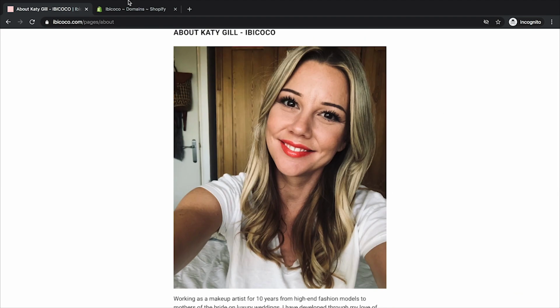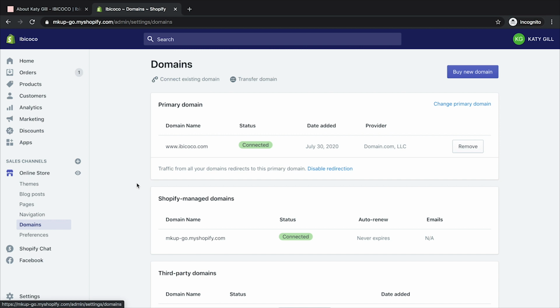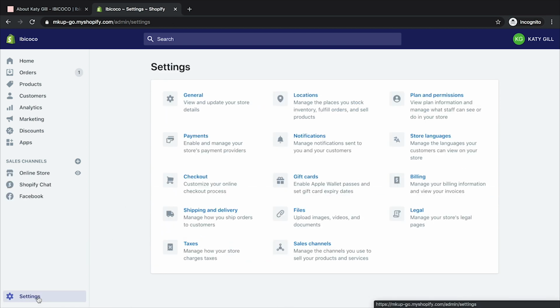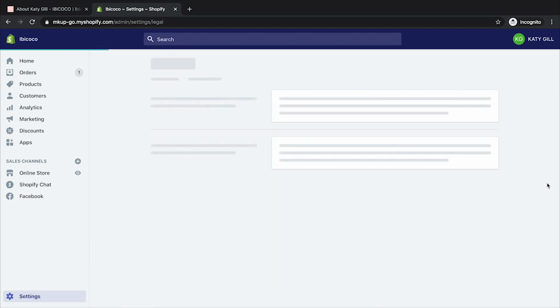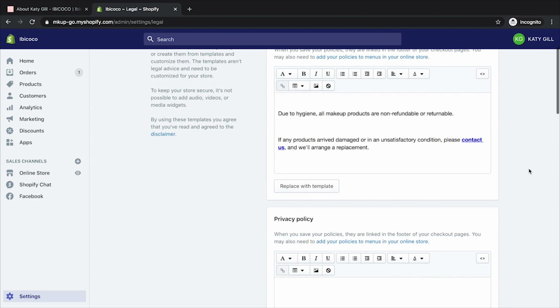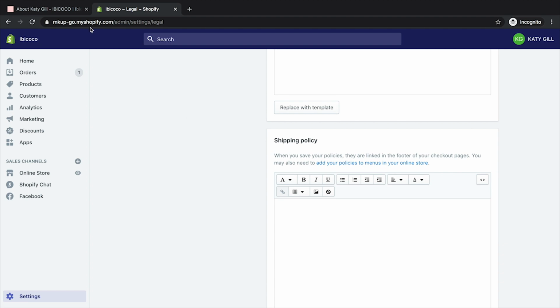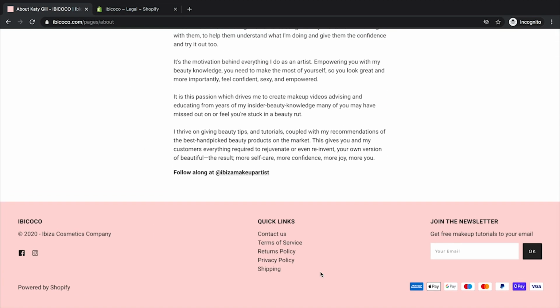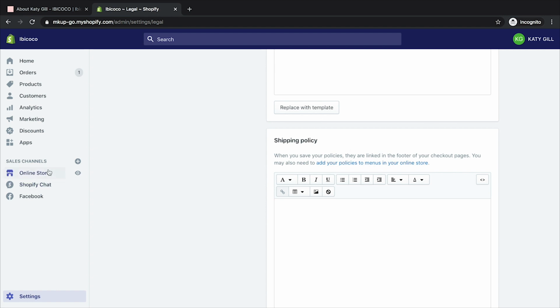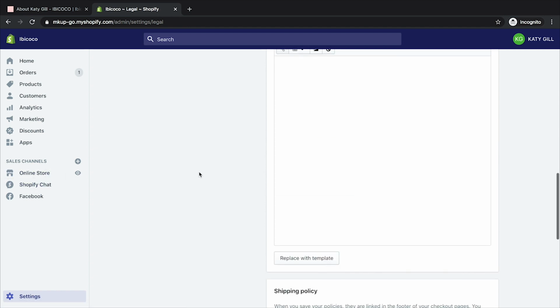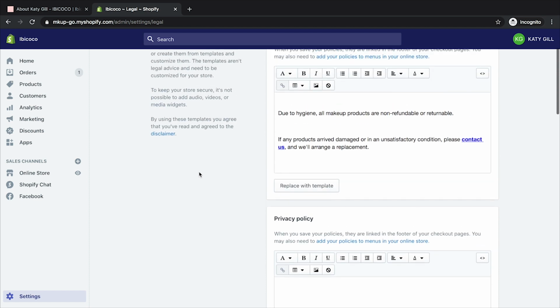Now, one thing I did notice which was really useful, if you go to settings and click on legal, here is where you can have your refund policy, your privacy policy, your terms of service, and your shipping policy here. All of this we added into the footer down here. Once you've added these in, you can go to online store, hit menu, and then select the pages of where you want them on the footer menu.